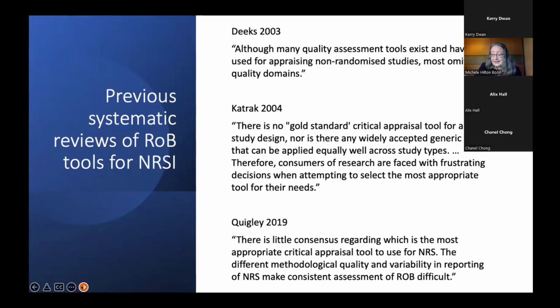There are not, to my knowledge, any standards for the development and reporting of risk of bias tools, and no established criteria for evaluating or selecting tools. So in this project, in order to identify preferred and acceptable tools, we needed to create a method for tool evaluation and selection, starting with what might be the characteristics or criteria that we could use to differentiate and evaluate or compare the different tools.